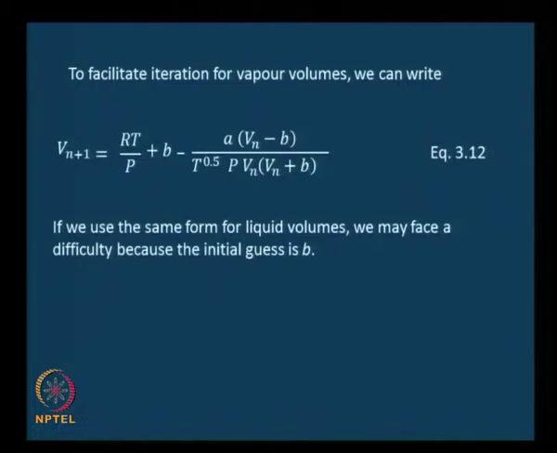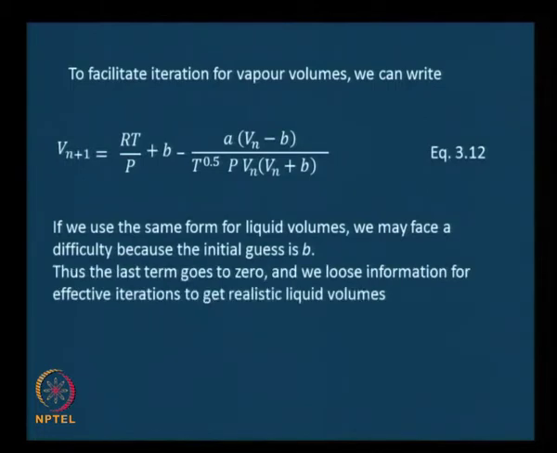Why? We said our initial guess was going to be B, and if our initial guess is going to be B, you substitute it here, this entire term will go to 0. Therefore, we lose the information that is given by this term altogether, and maybe either the values that we get will not be realistic or they may not converge at all. Therefore, we need another form of the Redlich-Kwong equation to estimate liquid volumes,